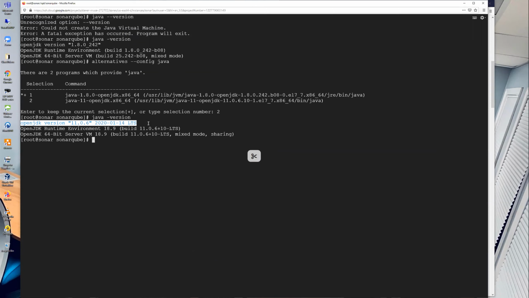So what I'm trying to explain here is we can have multiple Java installed on our system, but we should be able to configure such that we tell our system which of the Java to use for this application. And that's what I just did. So now that we have all that,